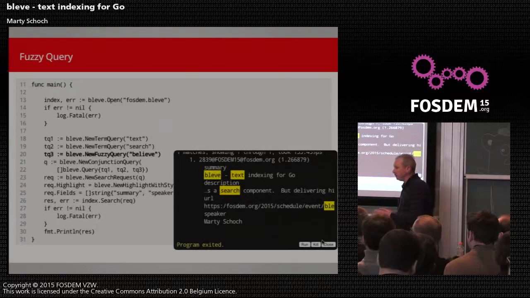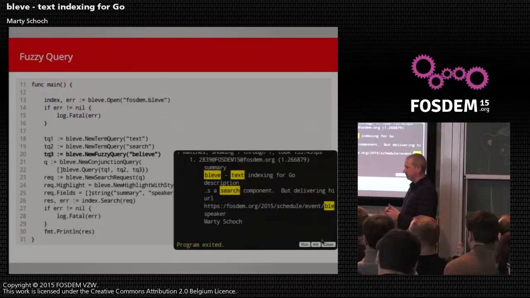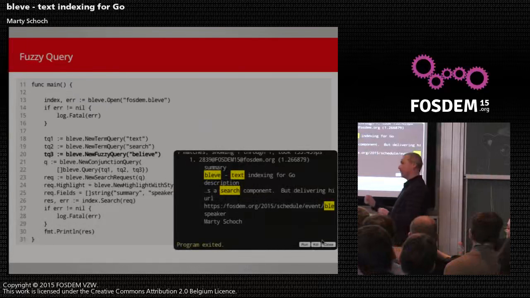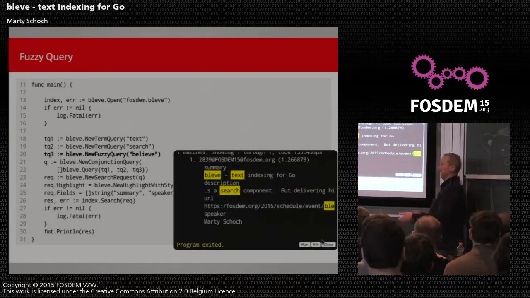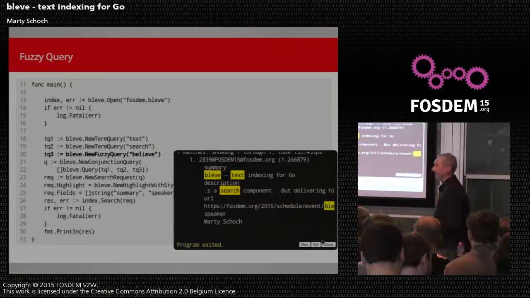So let's suppose you have more documents, right? Not just the one that you're testing it on, and one matched believe exactly and the other one matched fuzzily. Would the result order be affected by this? So what should happen is the score should ultimately take into account the Levenshtein distance for the fuzziness. So one that matched less fuzzily should score higher. I don't know that it's 100% implemented that way right now, but that would be the desired behavior.